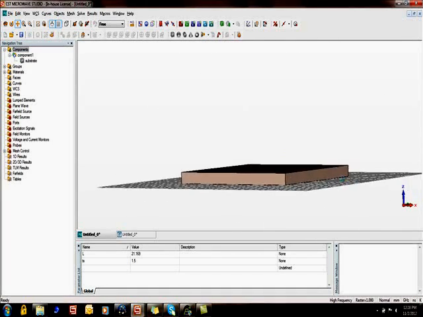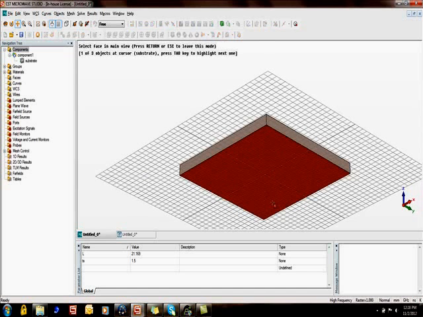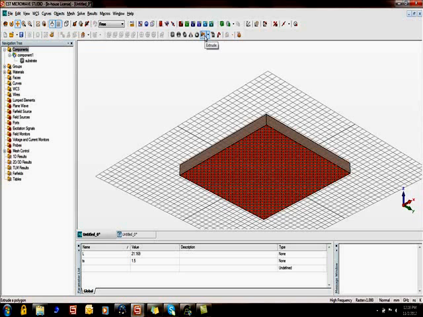Next task is to define a ground plane. So move the working coordinate system, select back face, and then you can use extrude as well as you can use make a new shape from pick faces. If you want to give a thickness, so it's better to use extrude option. If you want to give a 0 thickness sheet, then you can use make a new shape from pick faces option. So let's make a new shape from picked faces option